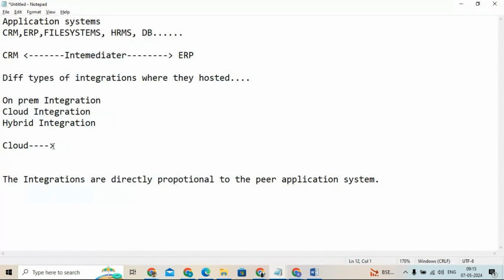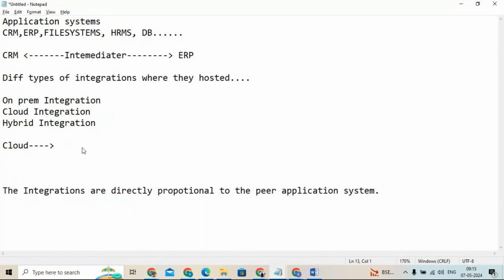In a cloud, just as I mentioned in the previous session, for cloud applications, we no need to install any kind of software, no need to do any kind of maintenance, no need to manage anything. We just need a good internet connection and